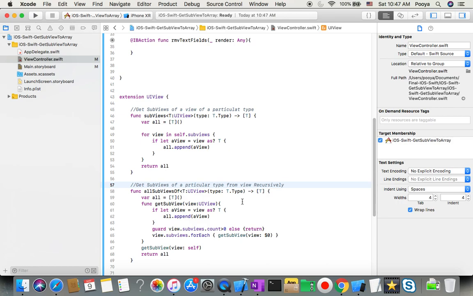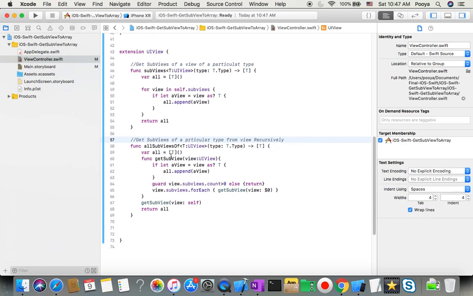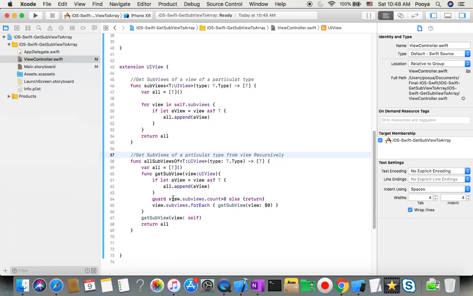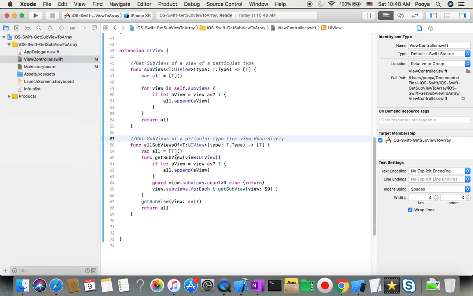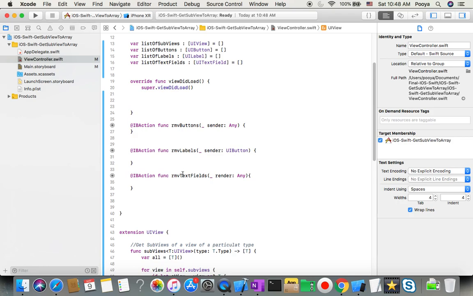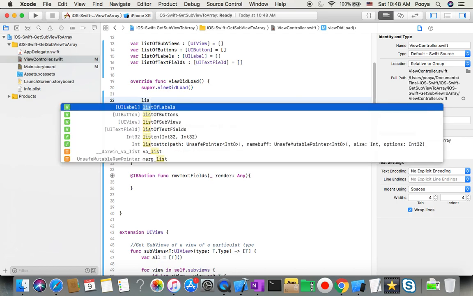This goes and looks recursively at all of the subviews and gives you the view. If we have even more than one subview, the first one just gets the first level, but this one is gonna go inside and get all of the subviews. I'll check this out as well. So yes, we have this function. Now these two functions we extended in our UIView, so any UIView can use this. So in my viewDidLoad, now I'm gonna say okay, list of